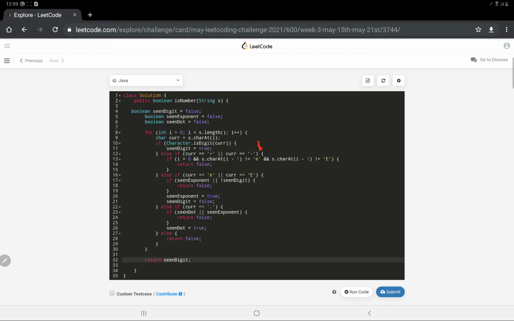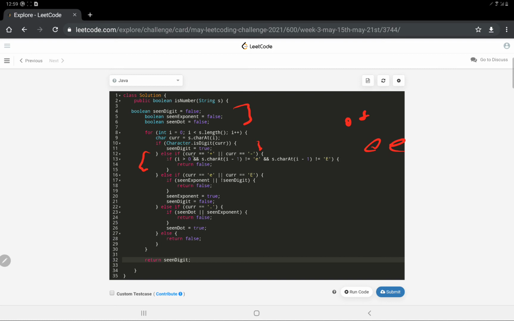make our results accordingly. These are some flags that will be set initially to false, because we haven't seen an exponent, we haven't seen a dot, we haven't seen a digit. Because if two dots occur, then only we can say false. If two e's occur, then also we can say false. And if a digit is not seen, it's also false. So these are the prerequisite flags. Alright, so moving on to the checks.